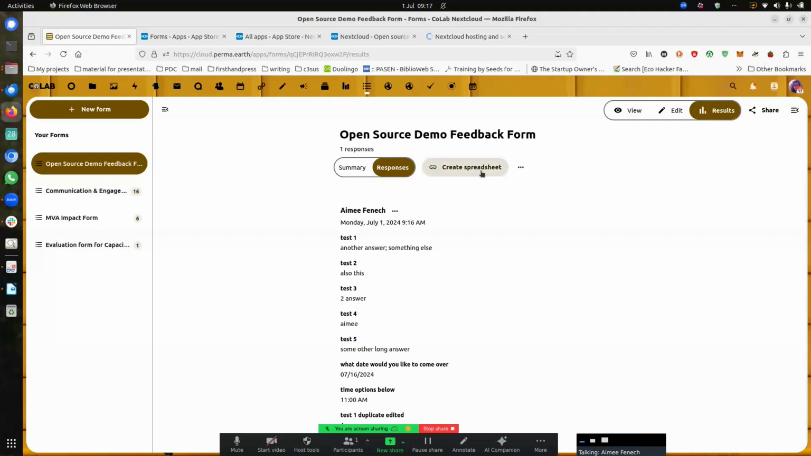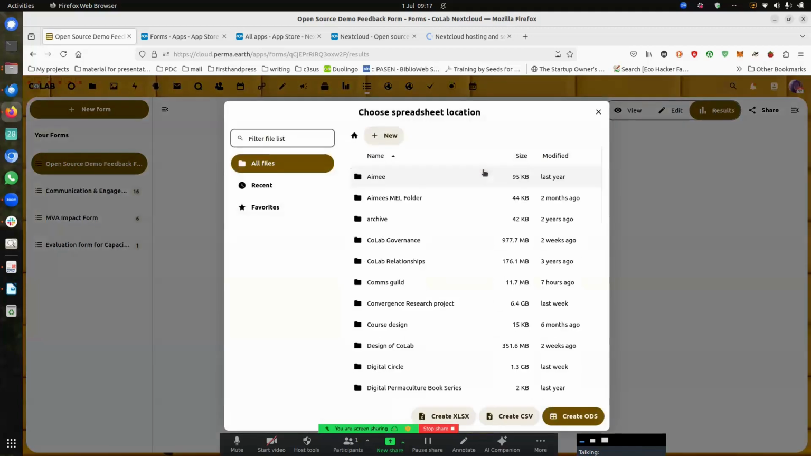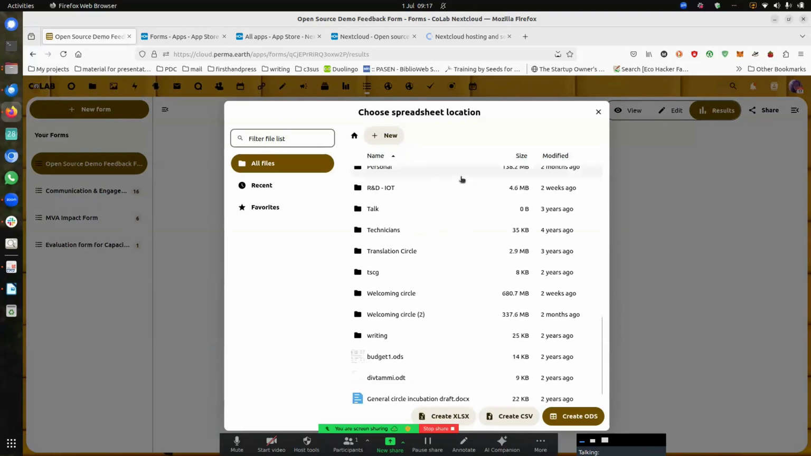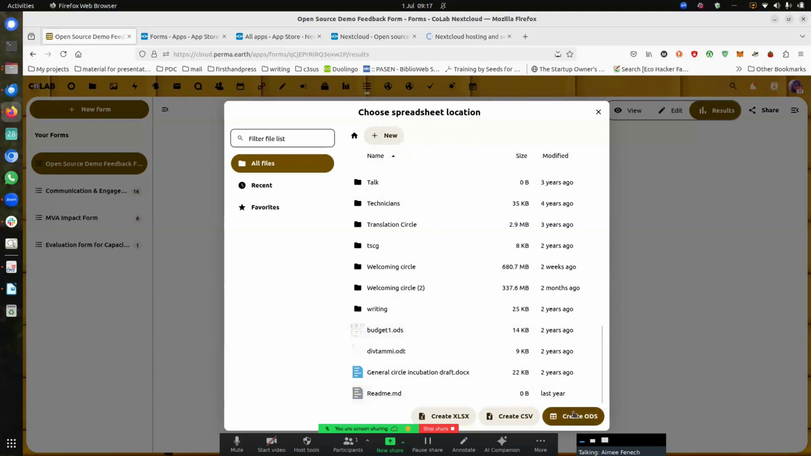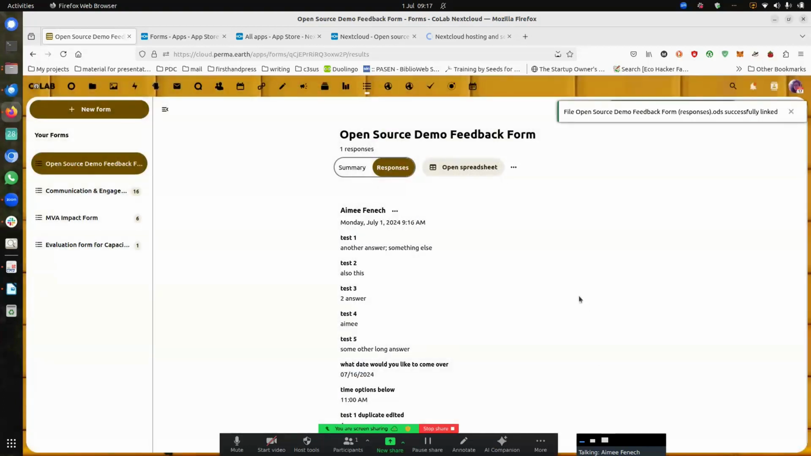And you can also create a spreadsheet. If I click create a spreadsheet, it will ask me where I want it. Let's say I just want it on the main page, and I can create it in different formats. So maybe I want an XLS or a CSV or an ODS. In this case, I'll go for the ODS. So that's already done. If I go in my folder, in my files view,